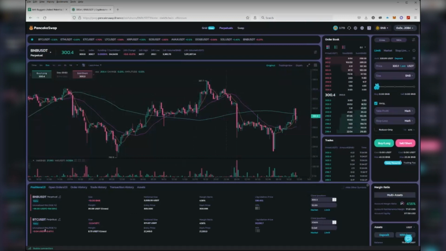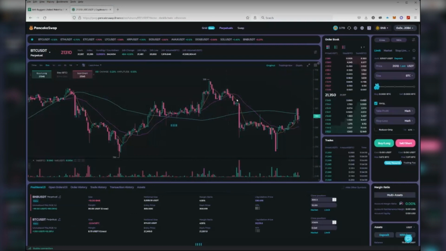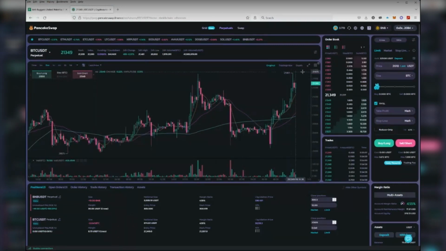Oh, Bitcoin just hit. So my entry, guys, the one that we just had at 21,349, look, it hit. So now we are in the trade. Half of our position has been filled at 21,349, and the other half is going to fill at 22,349. But even if it never hits 22,349 and it goes down to like 18K, you could sell this one and still make good money, right?